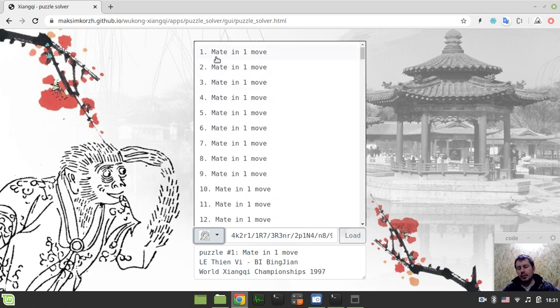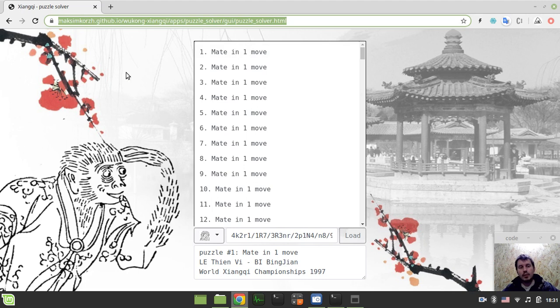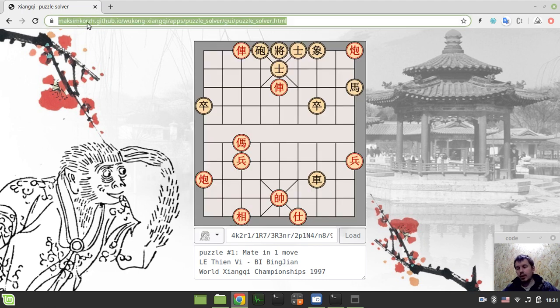So let me quickly solve a few first puzzles that are very beginner friendly, and then I'll quickly highlight the implementation, so what work was done in order to achieve this result. And by the way, it's already available in live mode, deployed on GitHub. I'll give you a link in the description below the video, so you can navigate there and start solving